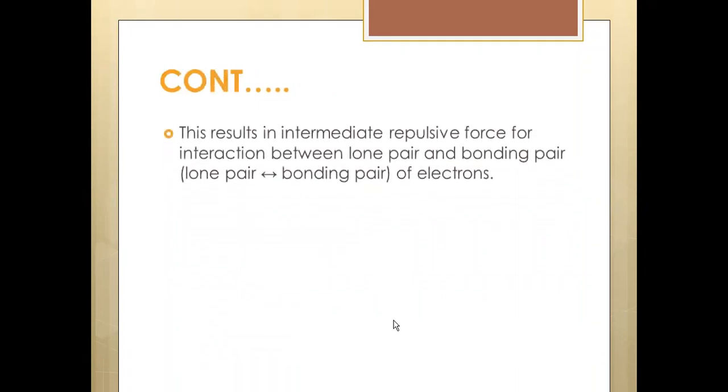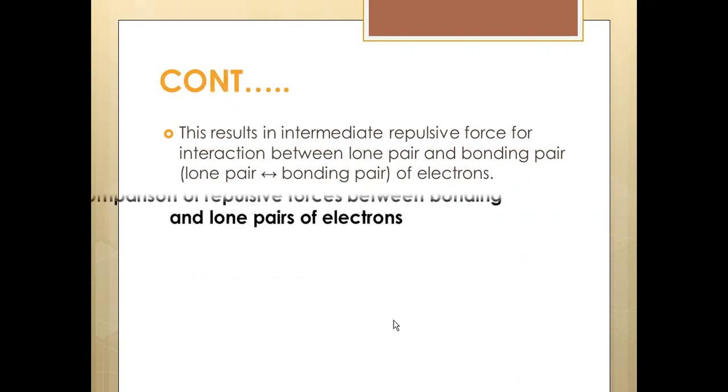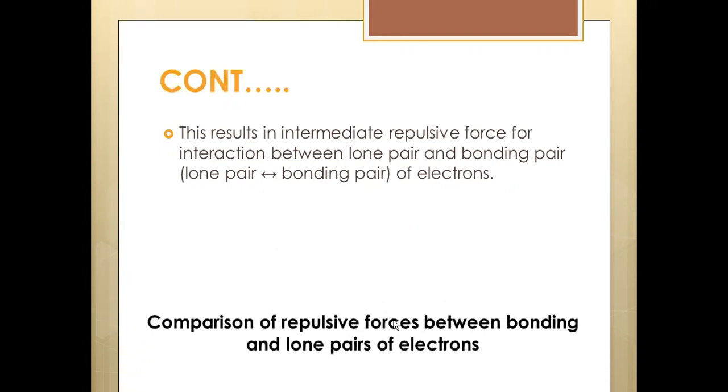Yes, this reserves the intermediate repulsive force for the interaction between a lone pair and a bonding pair of electrons. So simply you can say it is the comparison of repulsive forces between the bonding and lone pairs of electrons. First, the repulsion between two bonding electron pairs is less than... So what should be the intermediate? Yes, the repulsion between the bonding pair and the lone pair,